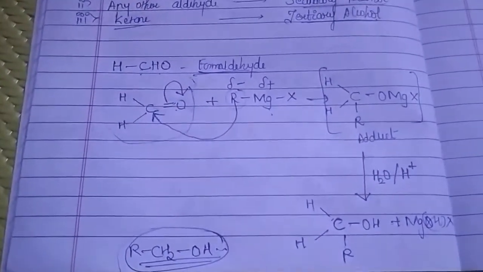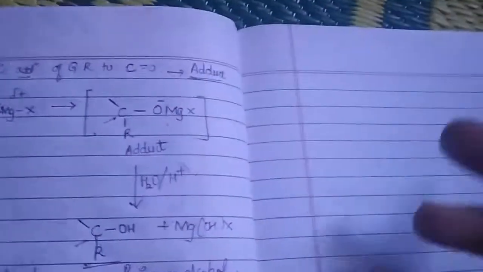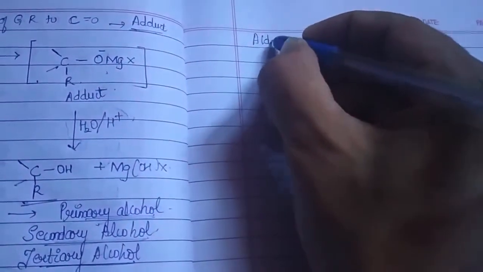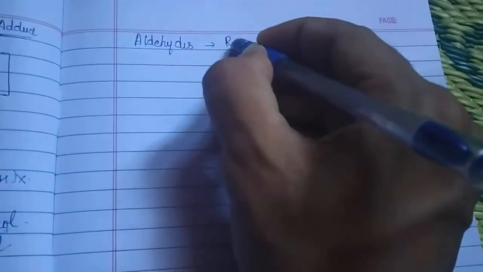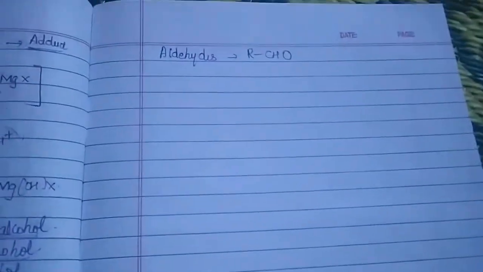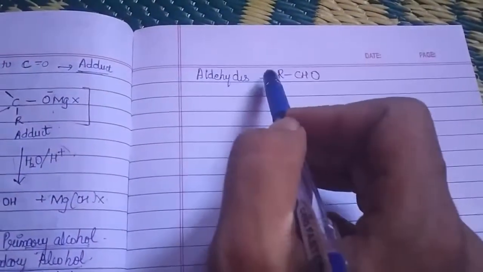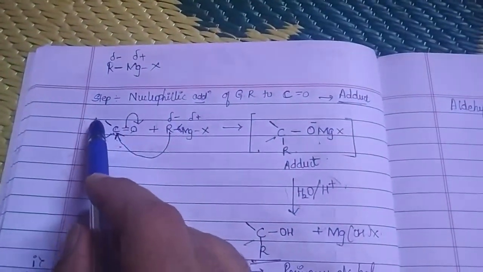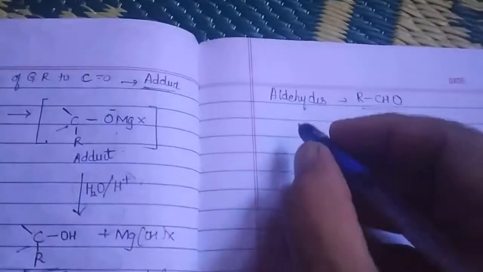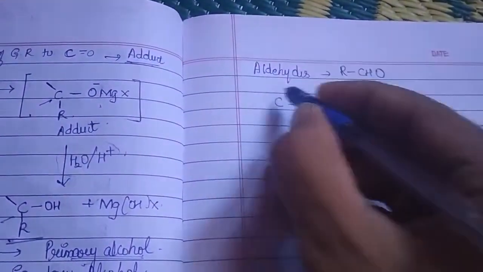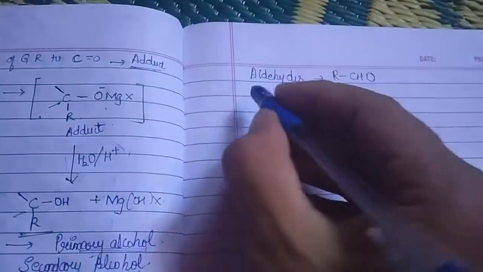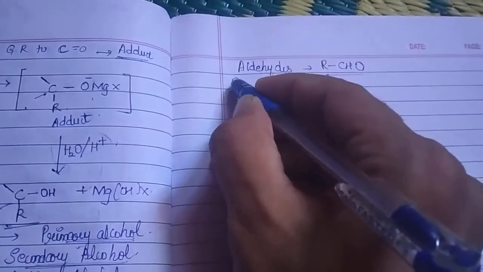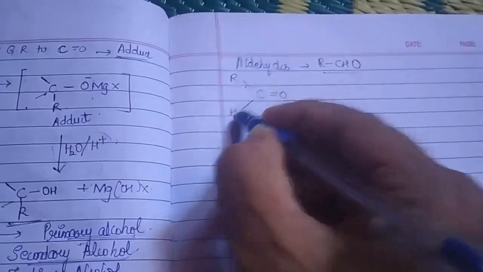For example, if I choose RCHO, any other aldehyde, the general formula of aldehydes is what? If I am other than formaldehyde, I can write it as RCHO. Now how can this RCHO be written? The same way. Here comes R, here comes H. So I can write it as C double bond O group. Here two groups are there, so 1, 2, 3, 4. Four valency has to be there, four bonds. So R is missing, I will write over here. H is missing, I will write over here. Can you see the difference?